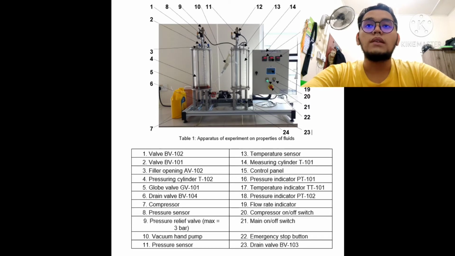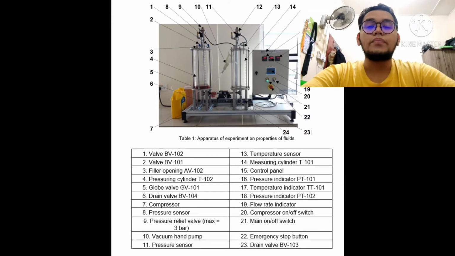After that, number 8 pressure sensor, number 9 pressure relief valve, which is the max is 3 bar, and number 10 we have vacuum pump hand, number 11 pressure sensor, number 12 pressure relief valve, which is the maximum also 3 bar, number 13 we have temperature sensor, number 14 measuring cylinder T101, number 15